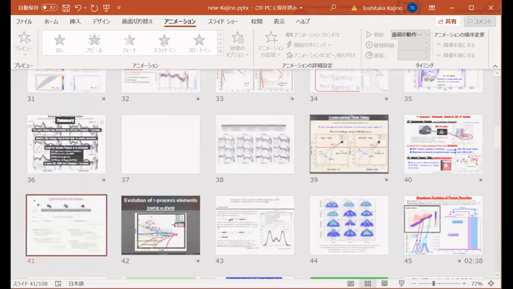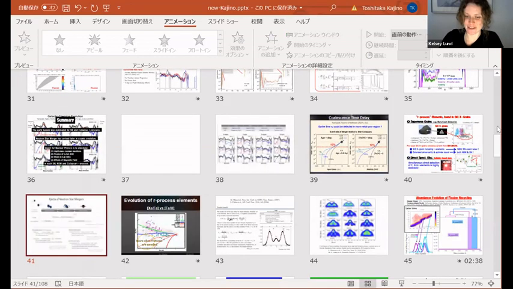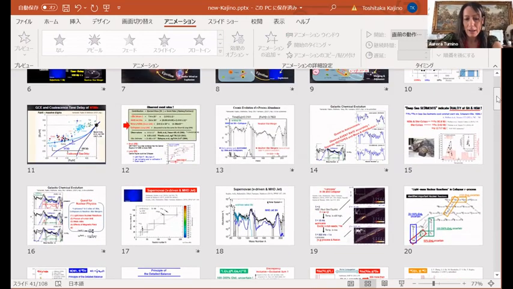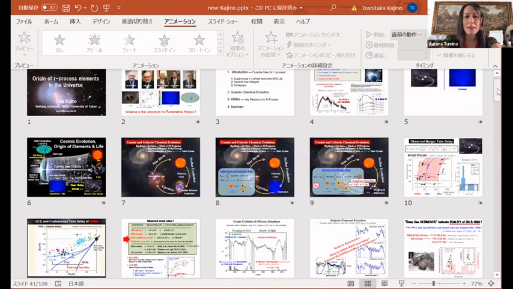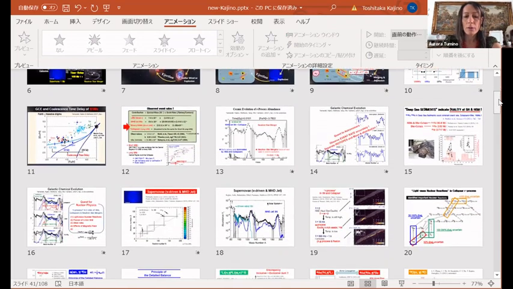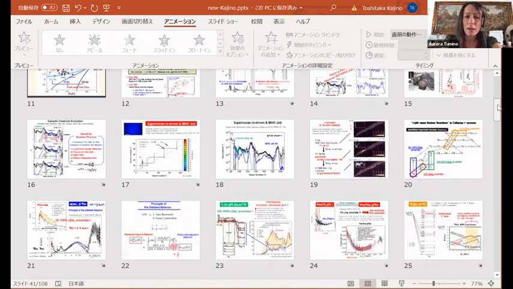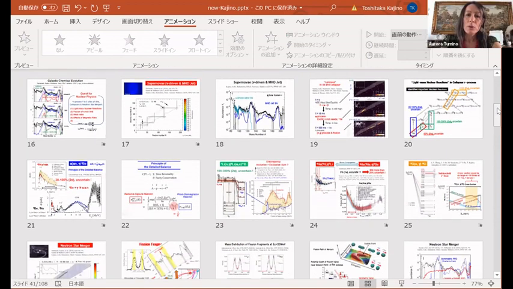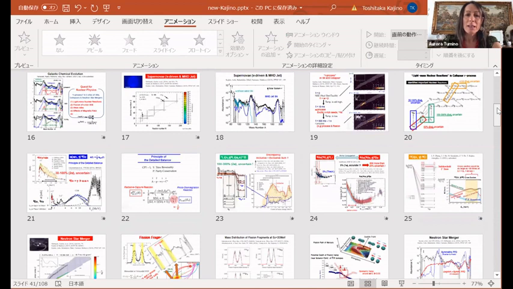Sorry, I see Yora, you have your hand raised. Yeah, oh, okay. So Taka, very nice talk. Maybe it's a very naive question, but since you were discussing also the nucleosynthesis of light elements, do you think there might be any connection with the abundance of lithium? I mean, could this nucleosynthesis somehow affect the abundance of what we call primordial lithium in the interstellar medium?